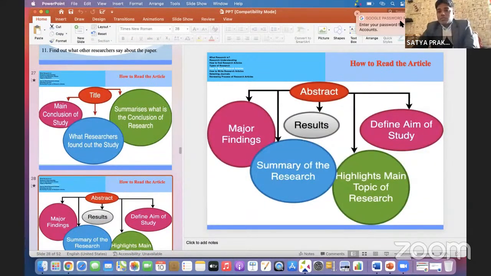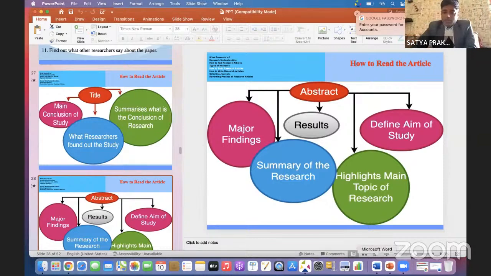Next, what is the abstract actually? Abstract is the major finding of your work. Abstract is a summary of your research. It defines the aim of the study and highlights the topic of research. Basically, an abstract contains different things.